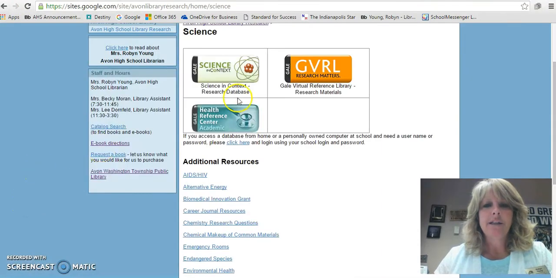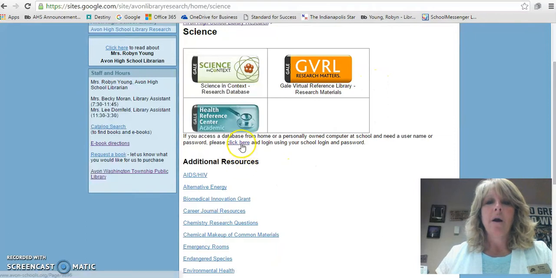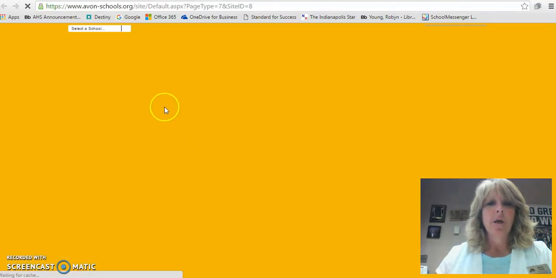If you access any of these databases from school, you'll be able to get into them just fine. But if you have a personally owned laptop, these are what's called IP authenticated. So we've given them the internet address where everything comes from Avon High School. If you're at home trying to access this, it doesn't know where to get those from. So you're going to see where it says, please click here and log in using your school information. When we click there,